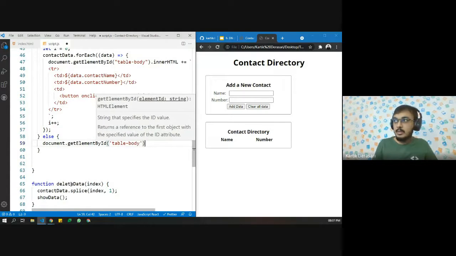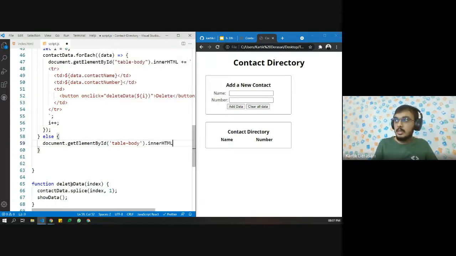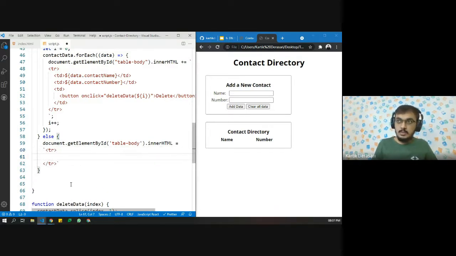equal body dot innerHTML equals to, yeah, we want a row, inside that we want data, we want no history found.